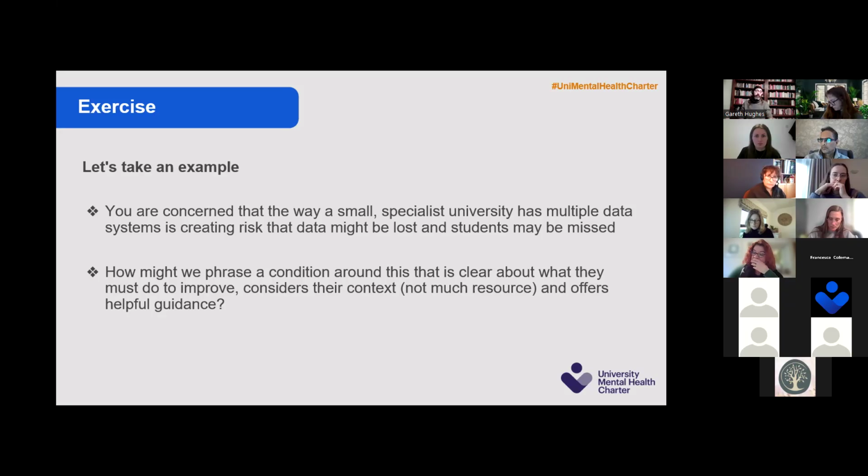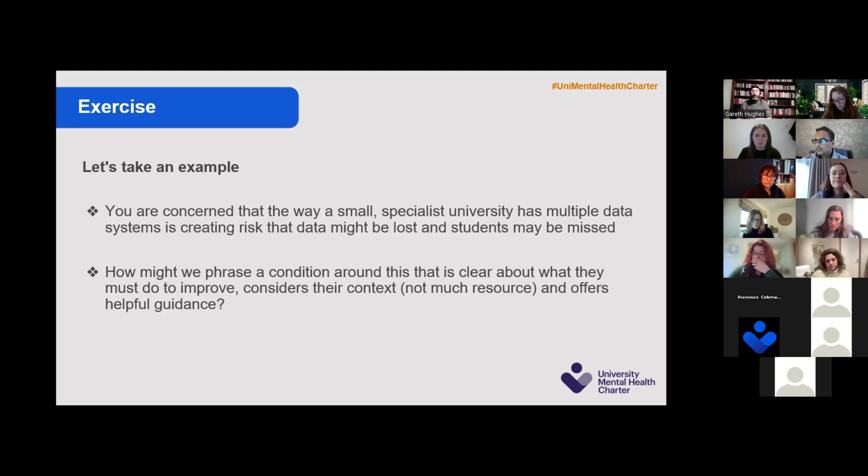And we can always add advice at the end of all of that as well. We can say some universities who have tackled similar problems have taken the following approaches. The university may wish to consider this when it's considering its options, so that it's being offered as an option to think about rather than an instruction. And I think if we do it in that way, we're trying to provide guidance in a kind way that's also clearly saying, but this absolutely needs to be addressed for you to be able to move forward.